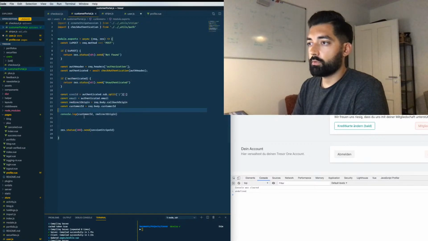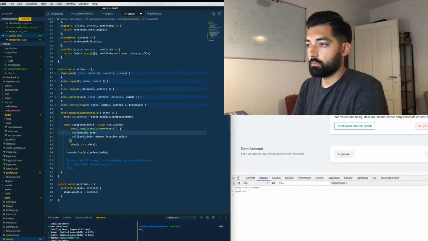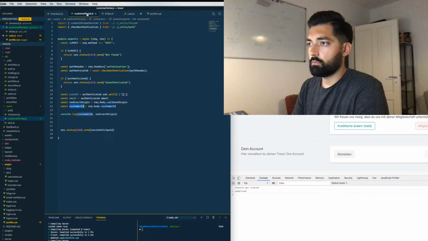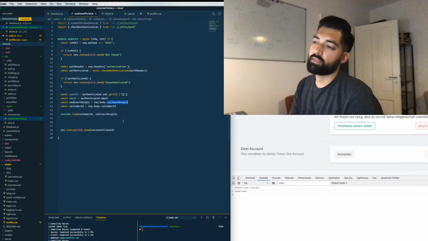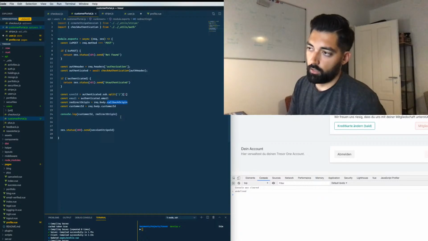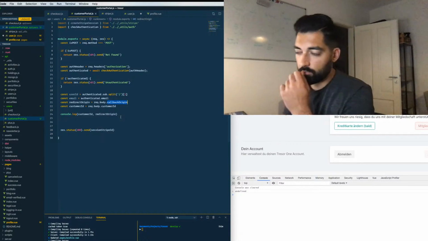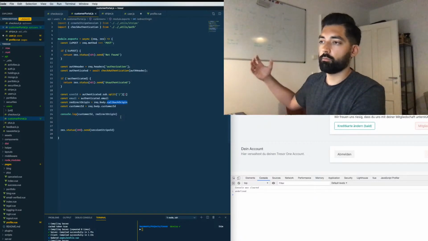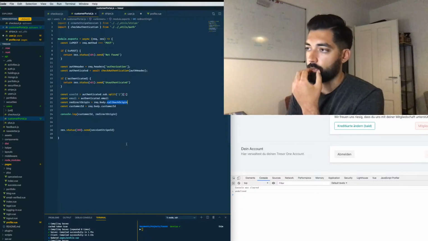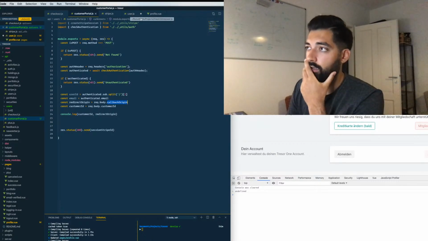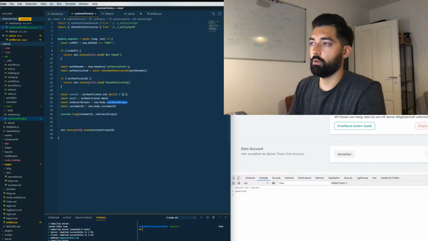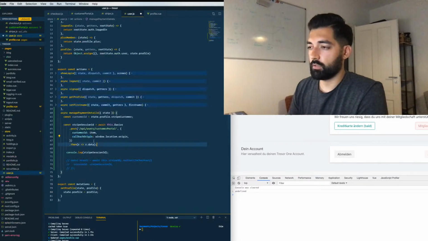And I named the parameters customer ID and redirect origin. Callback origin. That's because of the origin I'm sending, because if I use this on multiple stages, so for example on localhost, on dev, on prod, the redirect from Stripe, I think there was a, yeah, exactly. My cloud functions don't know on which host I am, so I'm sending this from the front end. This is why I'm sending the origin, so I keep that, and I will send the